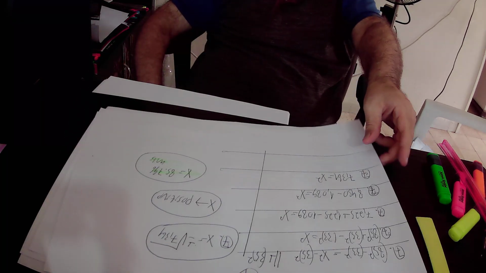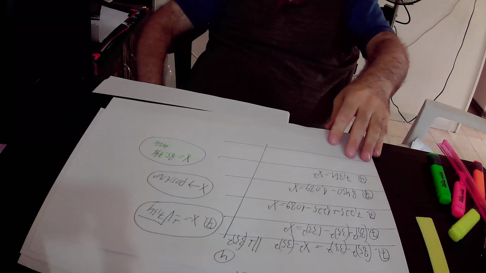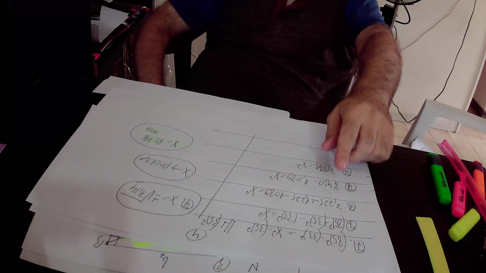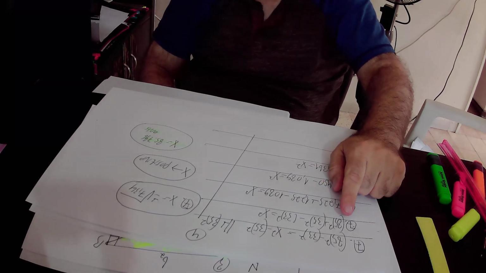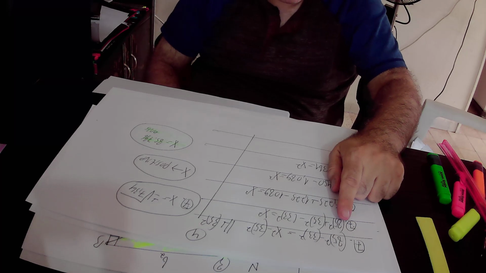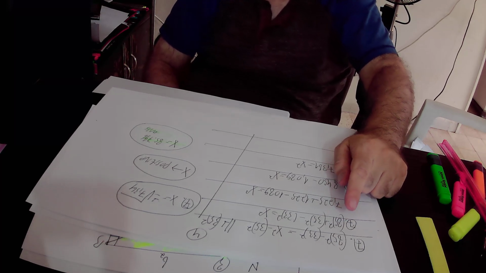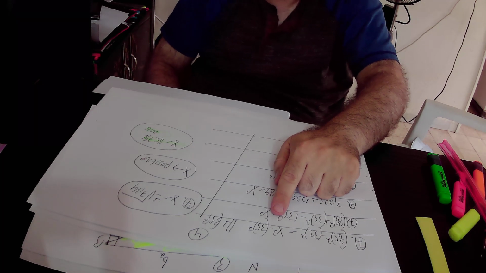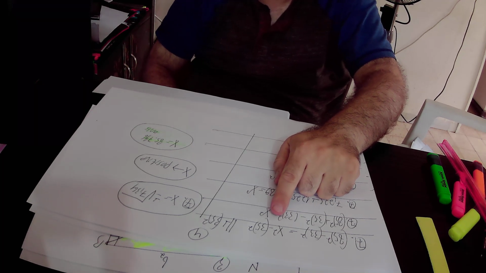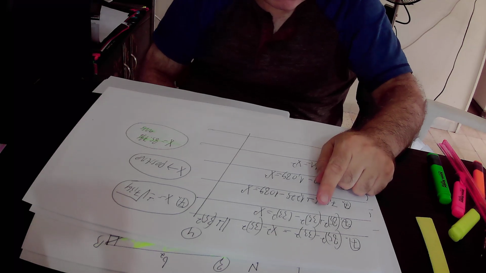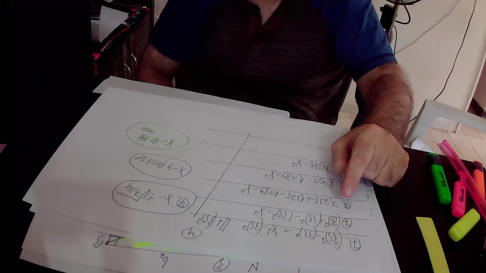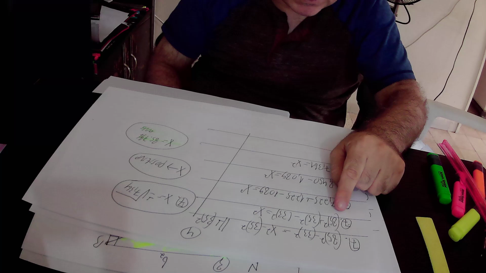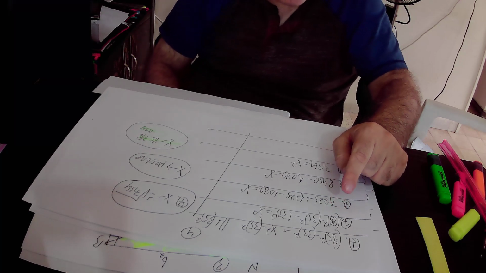So 85 square minus 33 square equals x square minus 35 square. Then we added 35 square to equation number 7, and found that 85 square plus 35 square minus 33 square equals